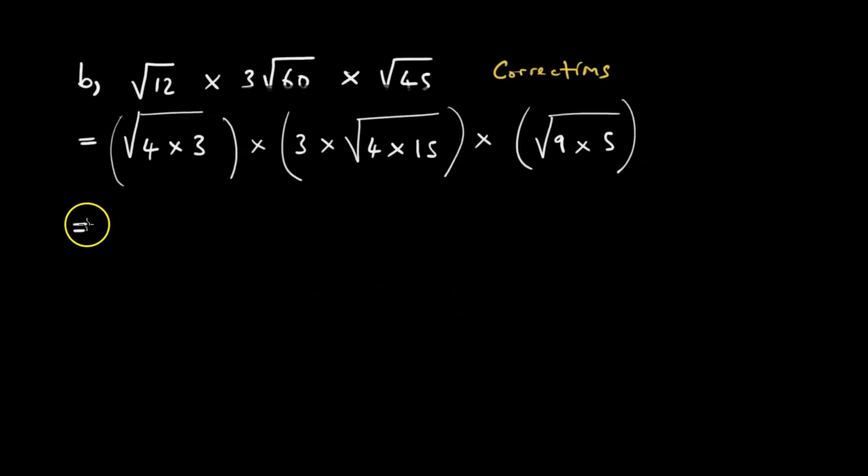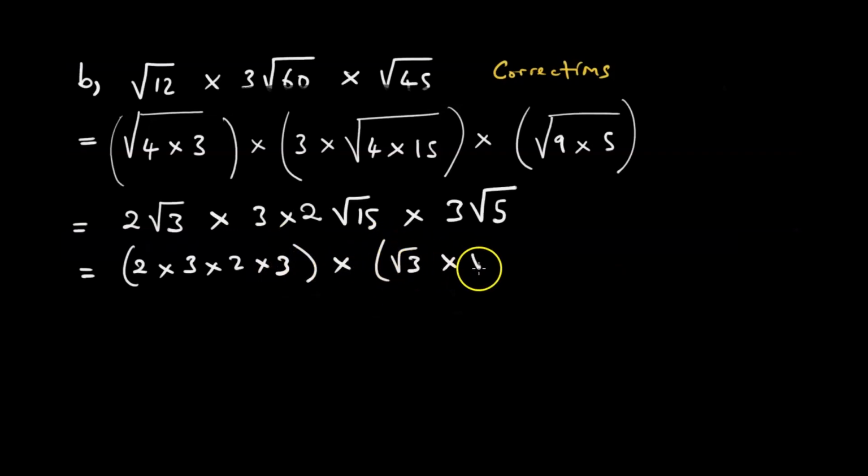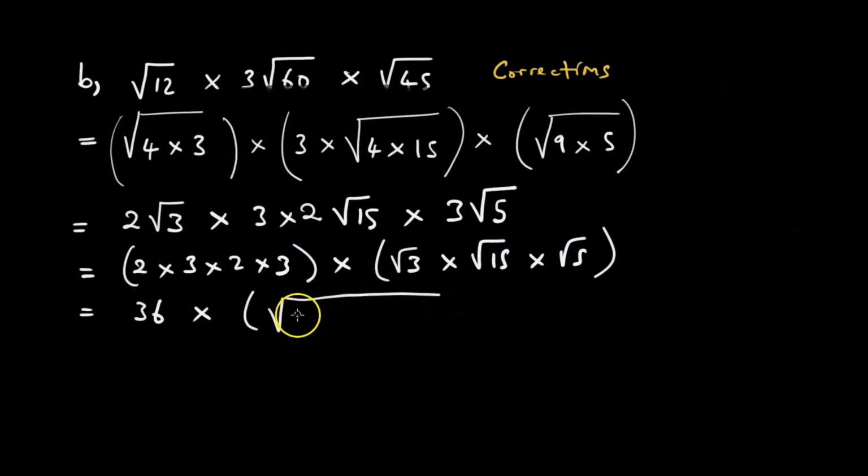5. From here, chaita 2 root 3 multiplying 3 times 2 root 15 multiplying 3 root 5. Saka tadaiso multiply my numbers ari ega: 2 times 3 times 2 times 3. Then multiply the square root of 3 times the square root of 15 times the square root of 5. Pano tichawana 36 multiplying the square root of 3 times 15 times 5,